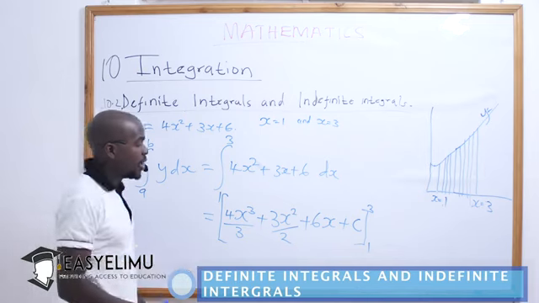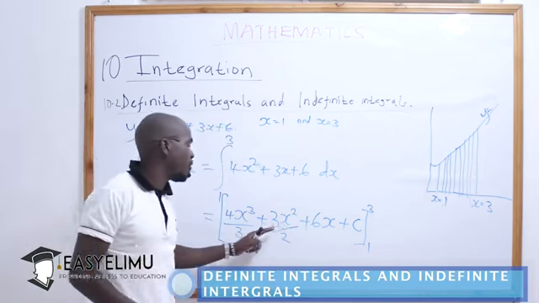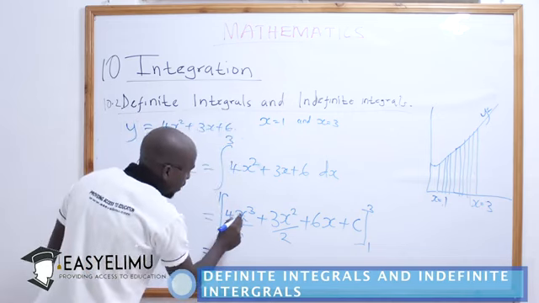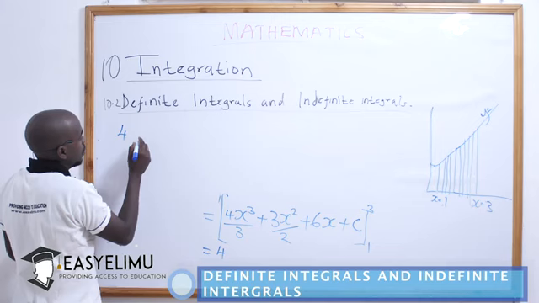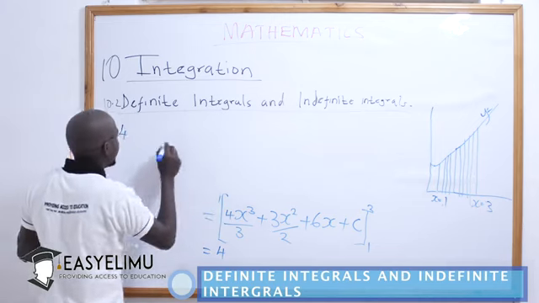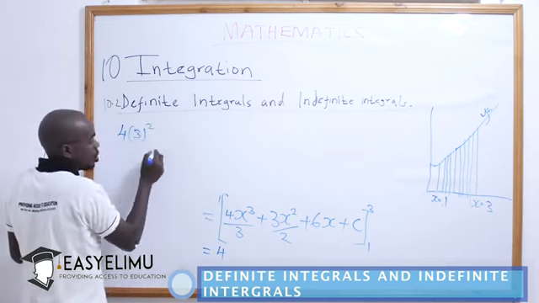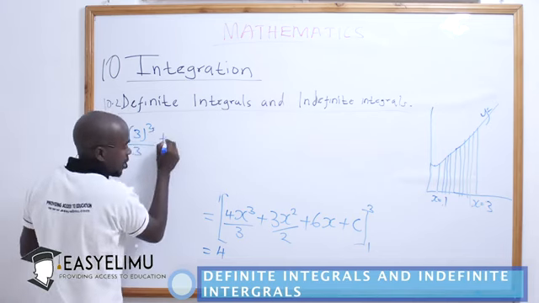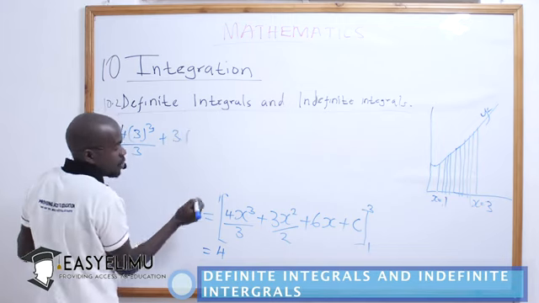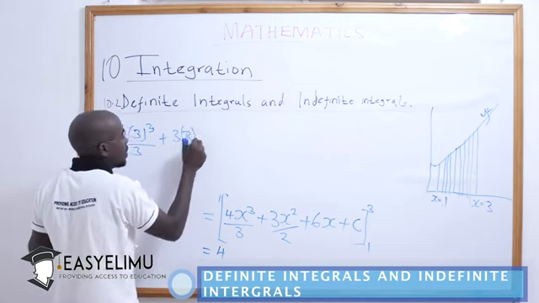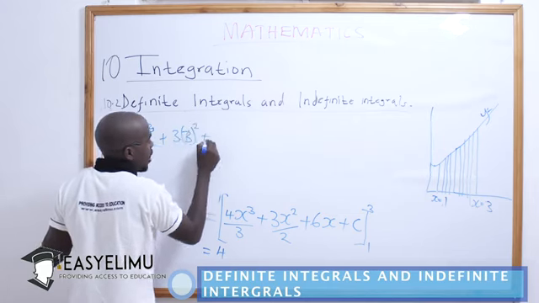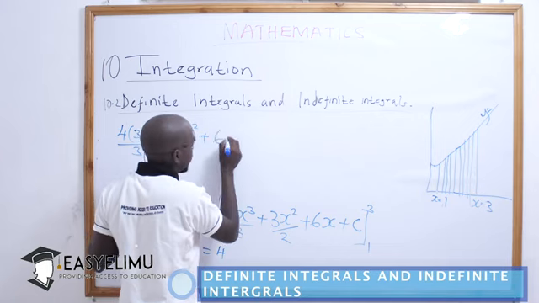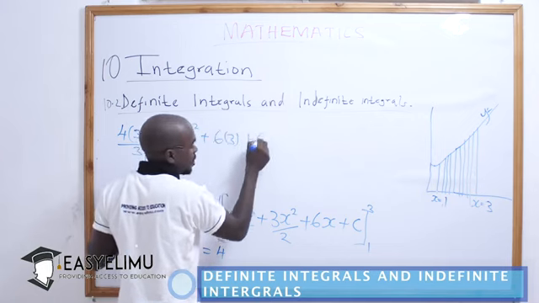So after that one, we replace what is inside the value of x with the 3. And on replacement, we shall find here 4x, and x here we have said is 3. So it will be 4 times 3 cubed over 3 plus 3x, but x we have is 3, so it is 3 times 3 squared over 2 plus 6 times 3 plus c,